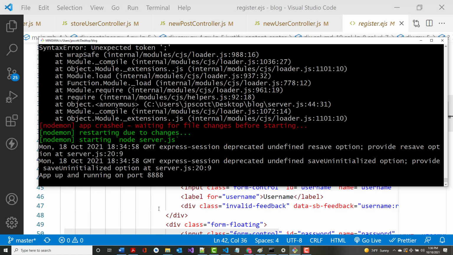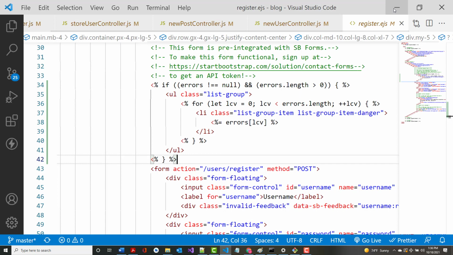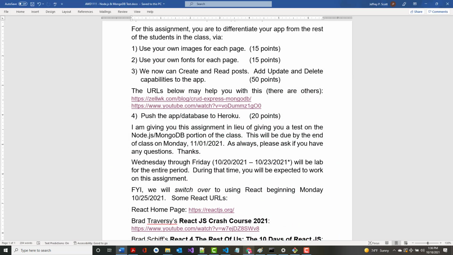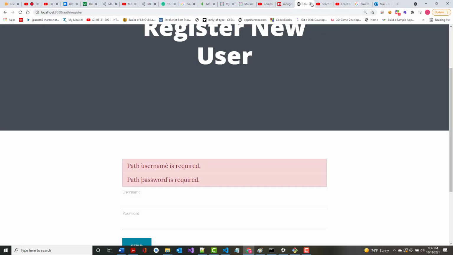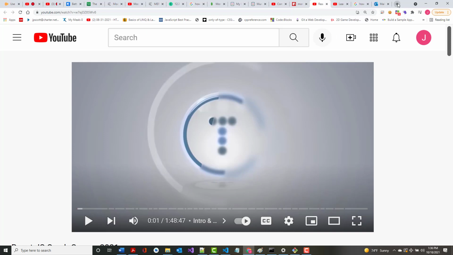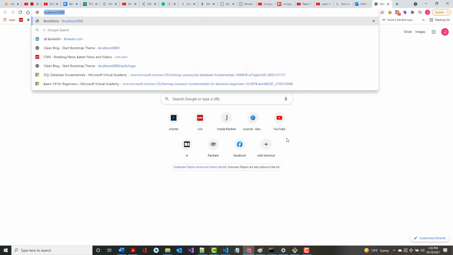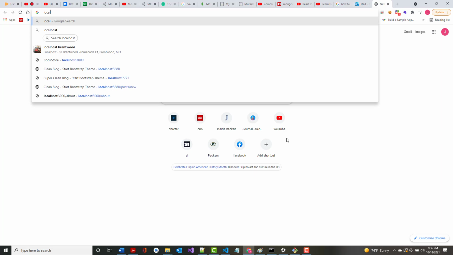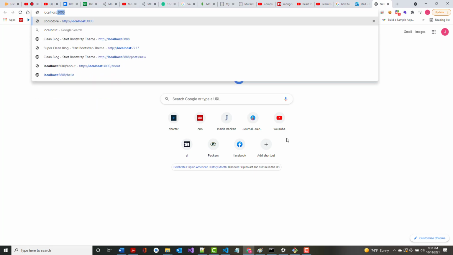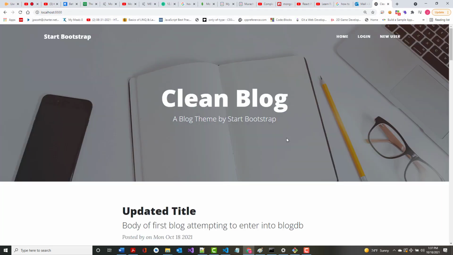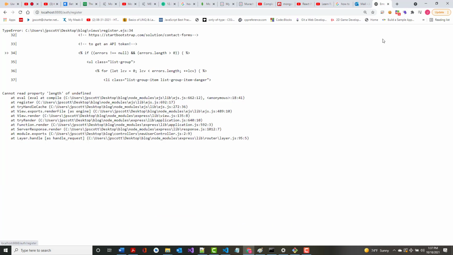I'm looking on here, and mine is up and running, and it has not given me any errors since then. So again, if you look up on the screen here, what you should be able to do now, I'm going to close this session and start up a new one. So I'm going to do my localhost:8888. If yours comes in here and looks like this, then if you do a new user,